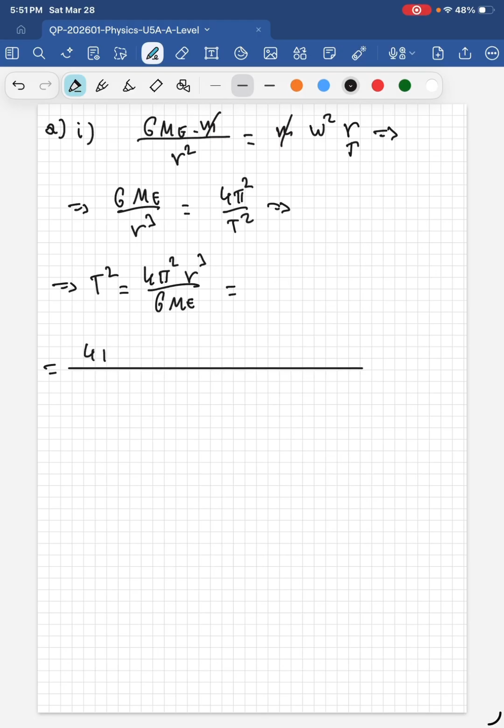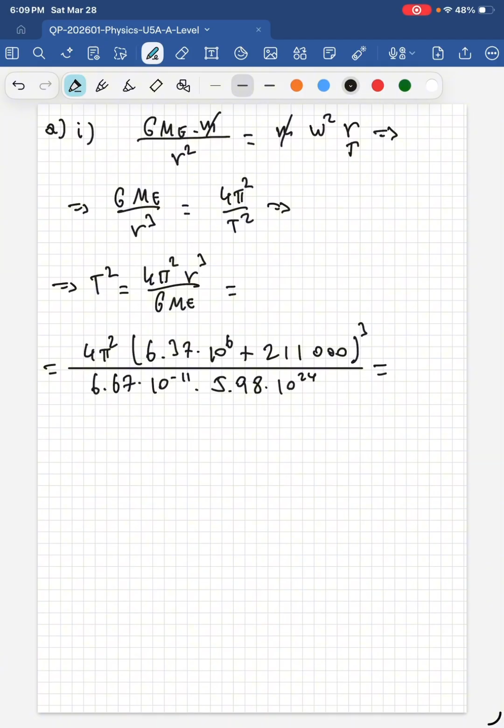So this is 4 pi squared, and then r is the radius of the Earth, 6.37 times 10 to the 6, plus the height above the surface of the Earth, which is 211,000 meters, and this whole thing has to be cubed. And then in the denominator, we have G, which is 6.67 times 10 to the minus 11. And then the mass of the Earth is 5.98 times 10 to the 24. Okay, so this is equal to this enormous number,